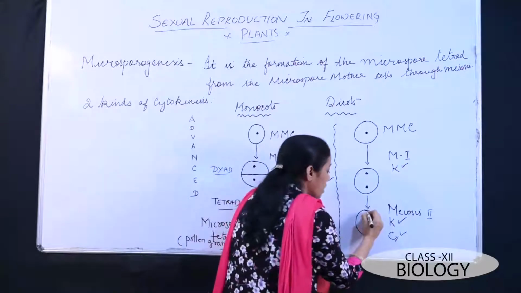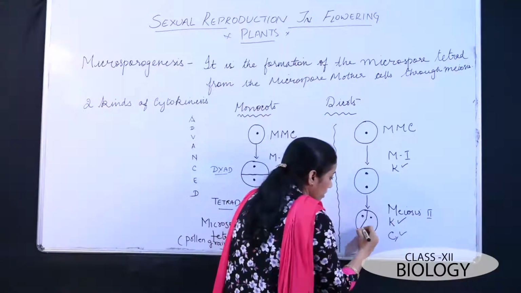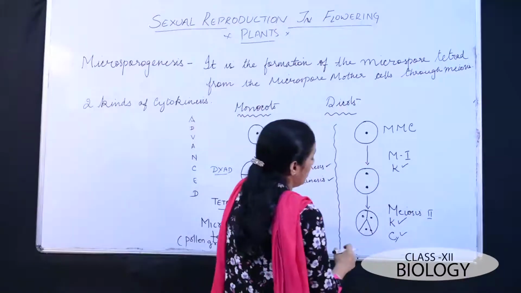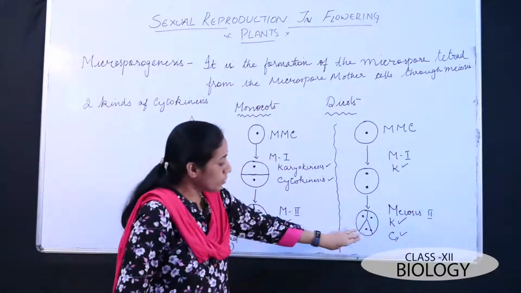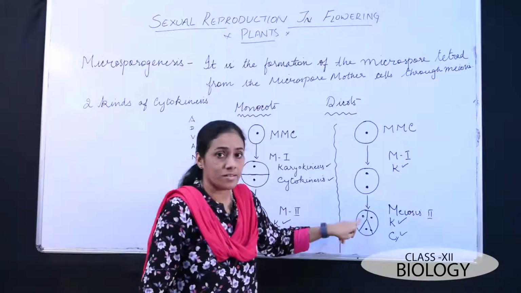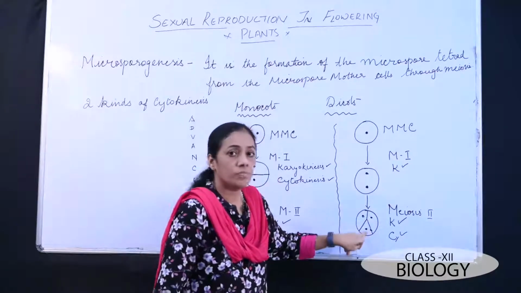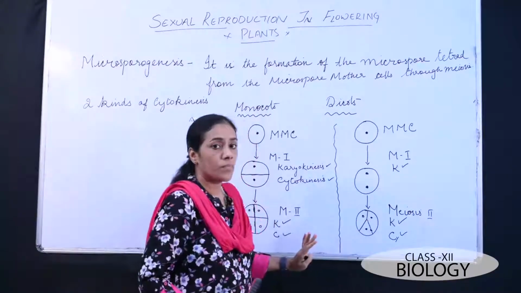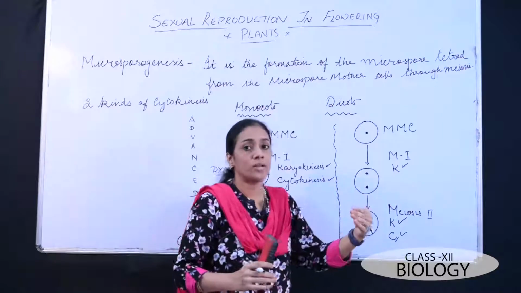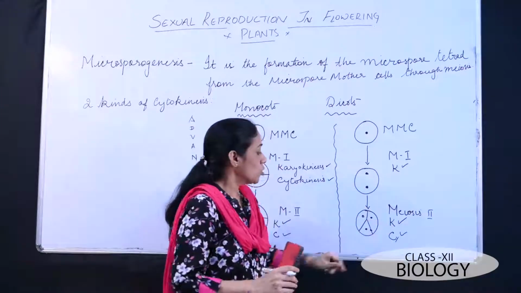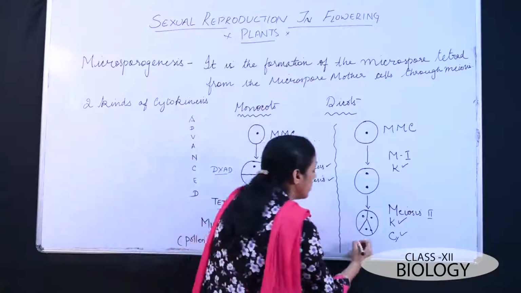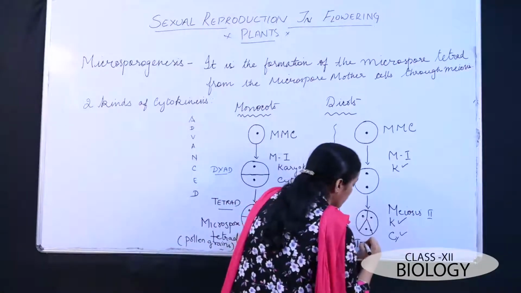This is followed by cytokinesis, that is the division of the cytoplasm. So let's see how the cytokinesis will occur, like this and this way. Okay, here you can see, children, microspore tetrad is being formed here also, but 3 cells, 1, 2 and 3, you can see it very clearly, but the 4th one is not visible to us, but it's there. So this kind of arrangement is called tetrahedral arrangement.